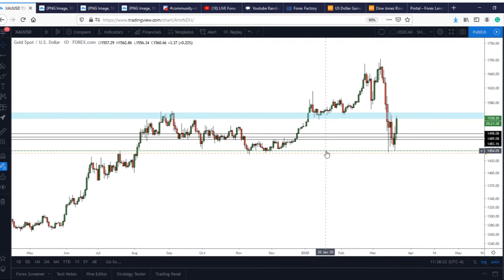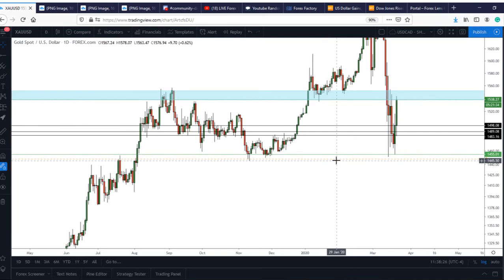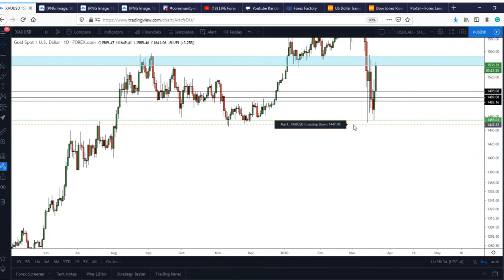I made sure to make this very clear, and you can see your alert. If gold were to breach 1450 on the 4-hour time frame, then all longs are off. We're looking to short. As you can see, my trade alert is still there, has not been activated, and that tells me one thing: that our support at 1450 is very strong, and two, this thing is looking to